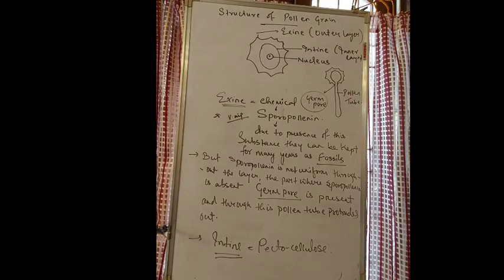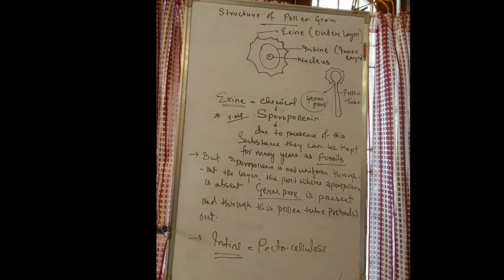But the thing is that the sporopollenin is not present throughout the exine layer. In some part, this sporopollenin is absent. The part where sporopollenin is absent, that part we call the germ pore. In that part the germ pore is present, and through the germ pore the